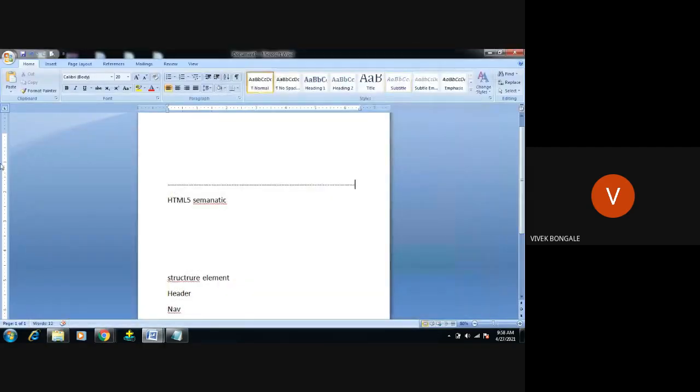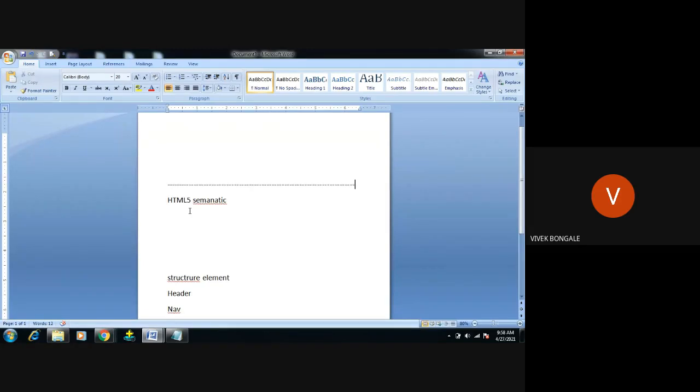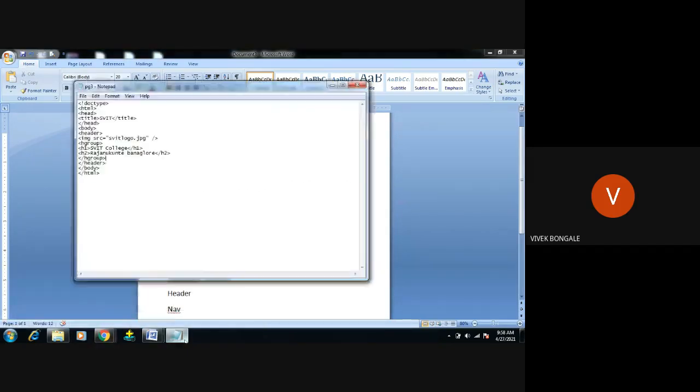So the header, we can add in the article element or in the section element. We can use this header part in the article also, or in the section also. For example, see, the same result I will get. Next I will give one more over here, like article. So we can use this same header part in the article. I'll explain what article and section are. I want to give one more data there.